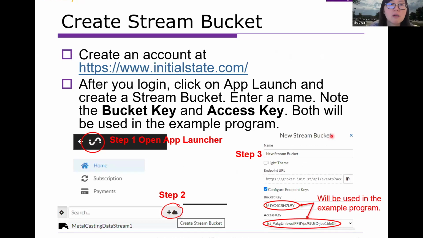Let's look at it, okay. Simply, you will first need to create an account. Obviously, to use their service, create an account. After you log in, you're going to see an interface. Click on the app launch. Once you do the app launch, you can add whatever name and click create a stream bucket. Okay, so you will just click on this one, create a stream bucket, and then give it a nice name,